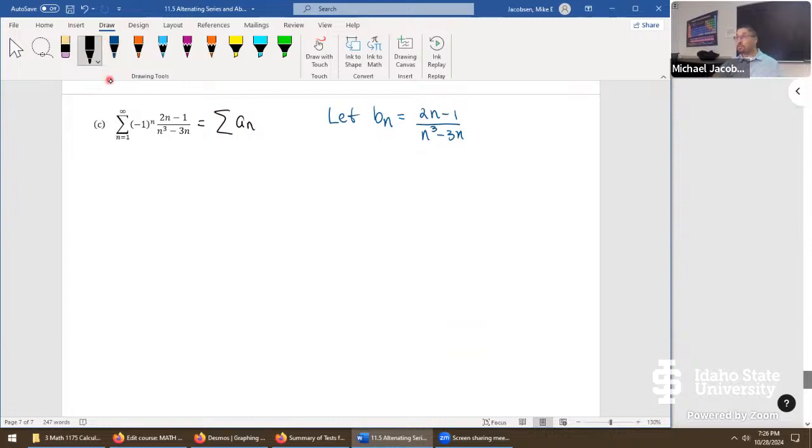So once we have that, we show two things. The first thing we have to show, or really more just a statement, we have to know that this is a decreasing sequence. This is true. It's linear, degree 1 in the numerator, cubic, degree 3 in the denominator. So for large values of n, this total value of that term gets smaller and smaller. So we can say Bn is decreasing,